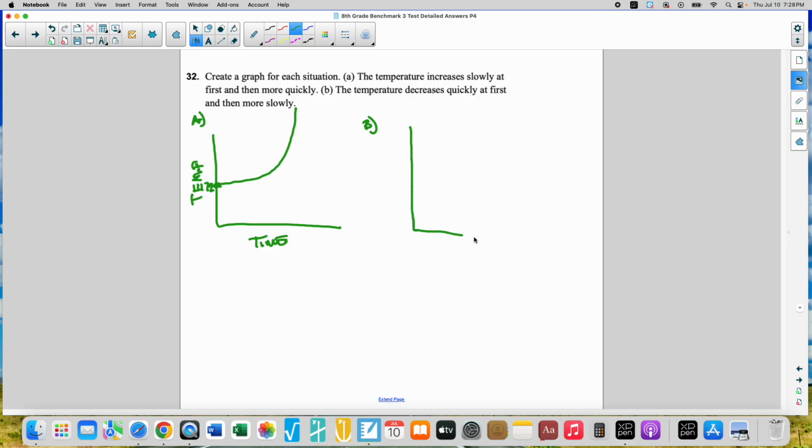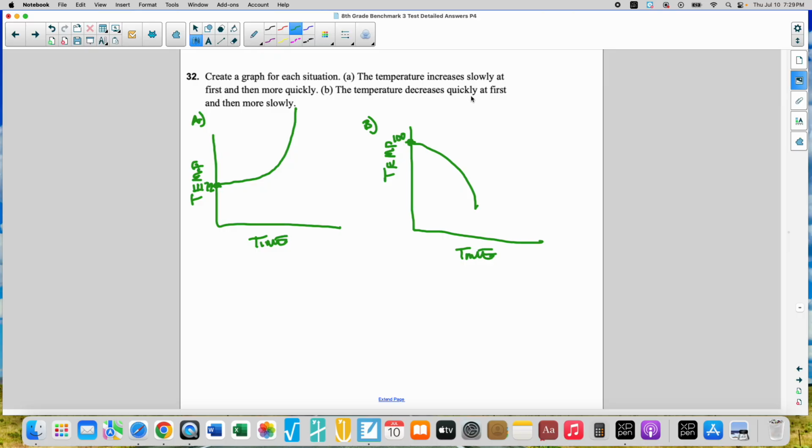And this is a little tricky. Here's time again, and let's write temp again. This one's a little tricky because I think a lot of people will start at a temperature. The oven's on, so it'll be like 100 degrees. And a lot of people would want to do this. And, you know, that's not really how it would go. It would actually